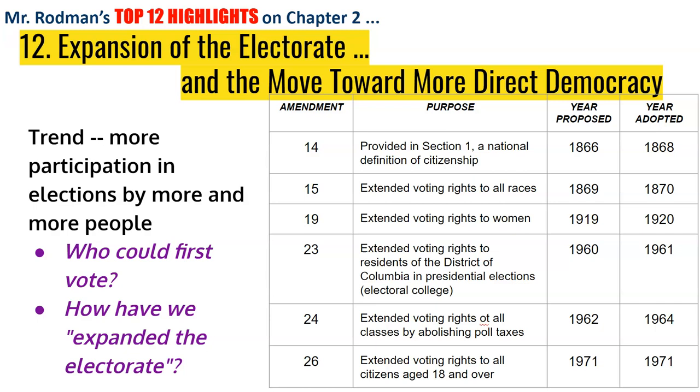In the 23rd Amendment, we expanded the D.C. vote for electoral college votes. That would be the only vote they have and still have today. That was in 1961. The 24th Amendment eliminated the poll tax, basically giving a lot more rights in 1964 to individuals, which would coincide with the Civil Rights Act of 1964. There were some loopholes.